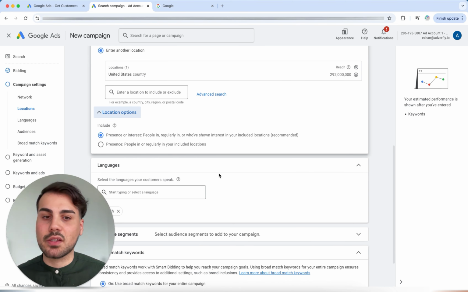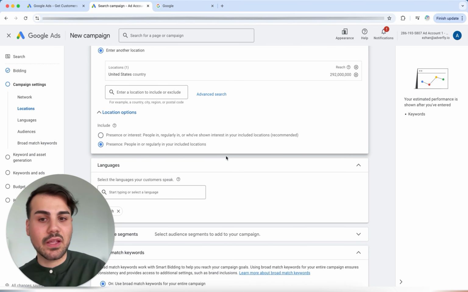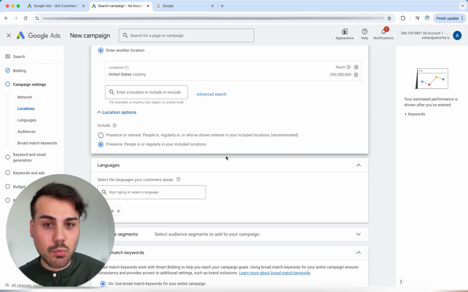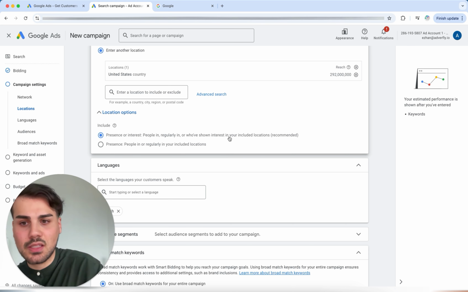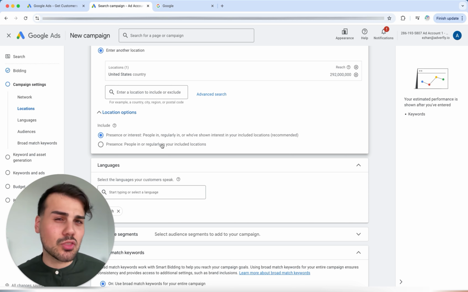Here you can say, for example, "Only people who live in this place should be reached," or, which is also the default setting, people who are interested in it or have been on holiday there should be reached. I personally recommend that you select the lower one. Of course, it always depends on the product and the target group, but most of the time that is how it is when you sell products.